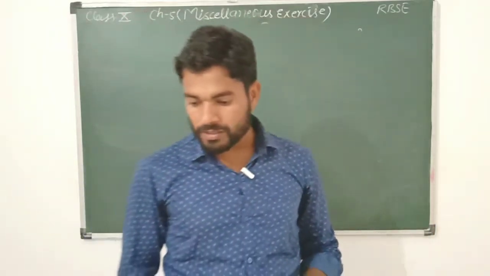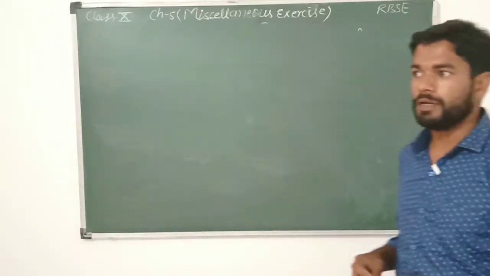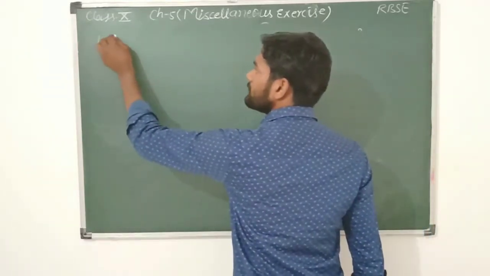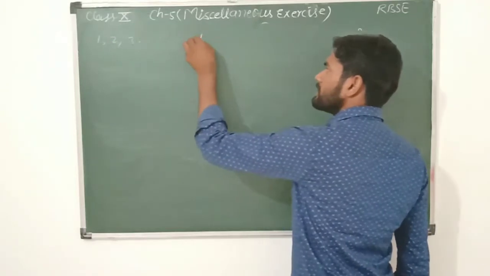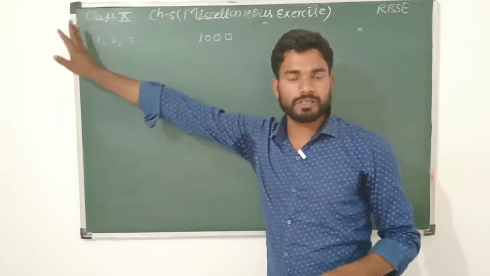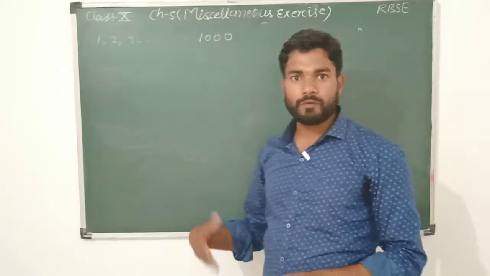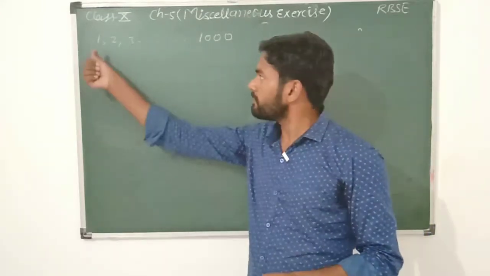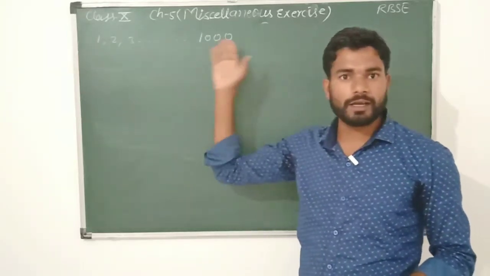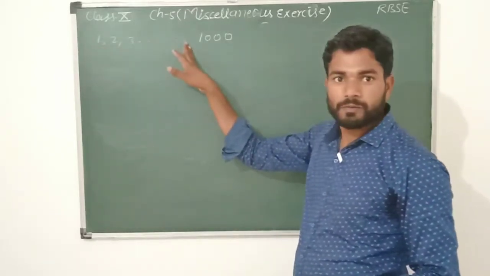According to the question, what will be the sum of the first 1000 positive integers? The first 1000 positive integers are 1, 2, 3 and the last is 1000. Positive integers start from 1, because before it is 0, which is neither negative nor positive, and before that all the integers are negative. So the first positive integer is 1, and up to 1000, total there are 1000 integers. In this, all the terms are consecutive.